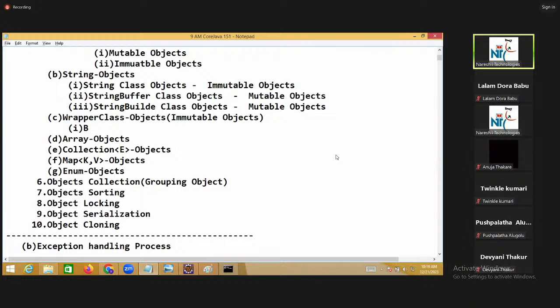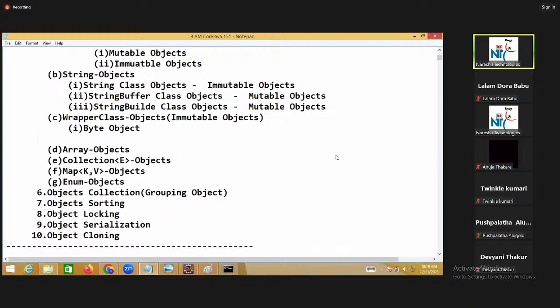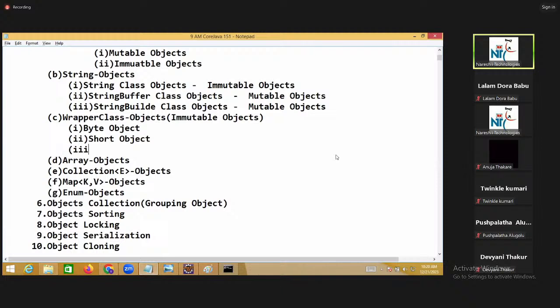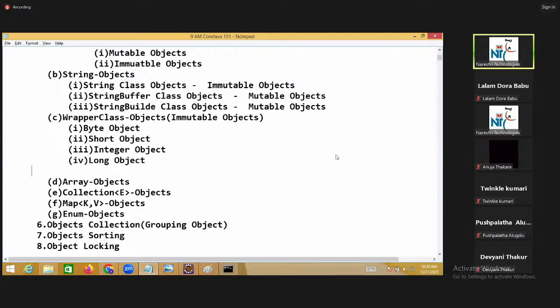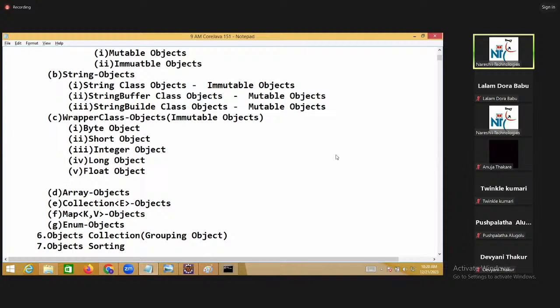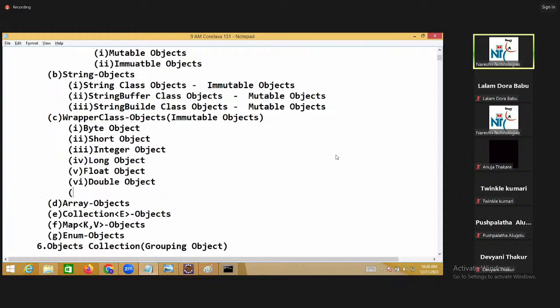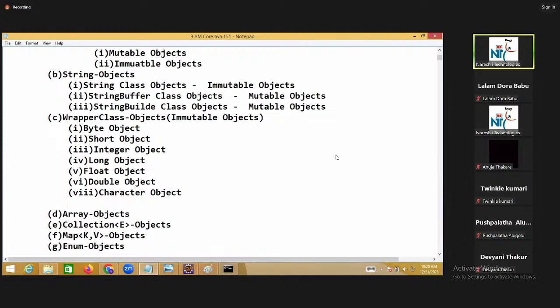Among that, 8 objects are available: Byte object, Short object, Integer object, Long object, Float object, Double object, Character object, Boolean object.